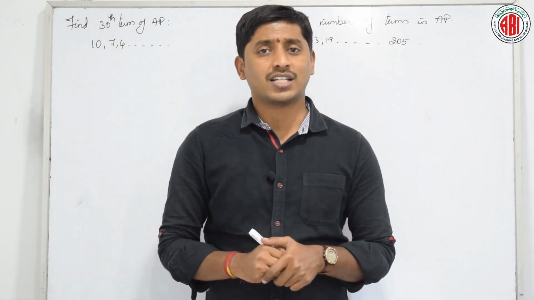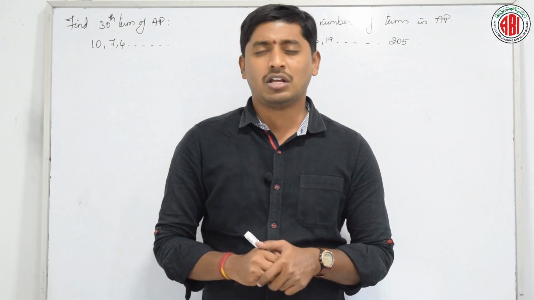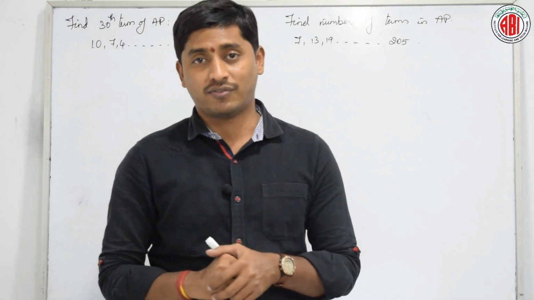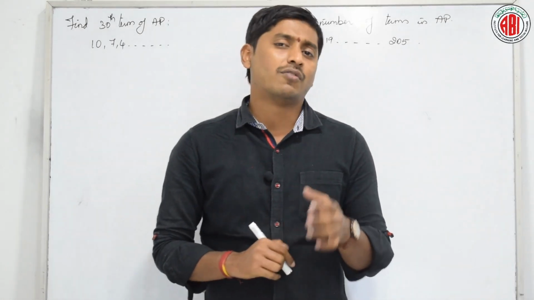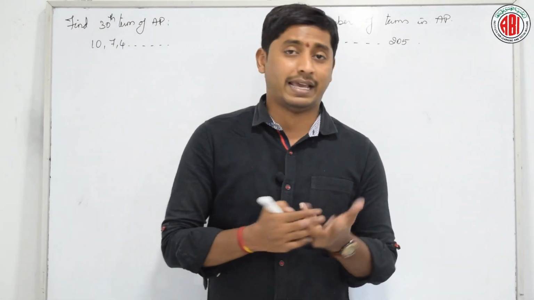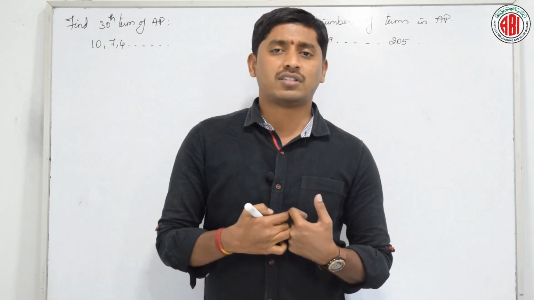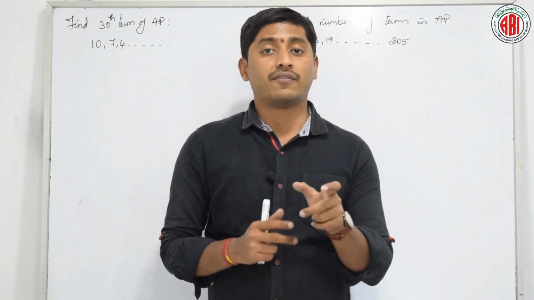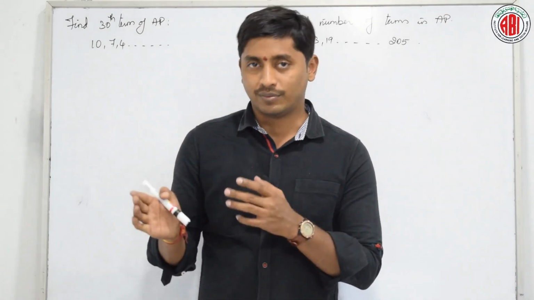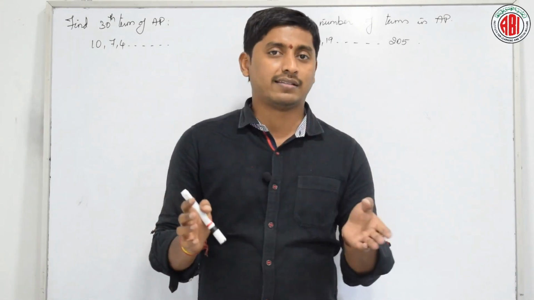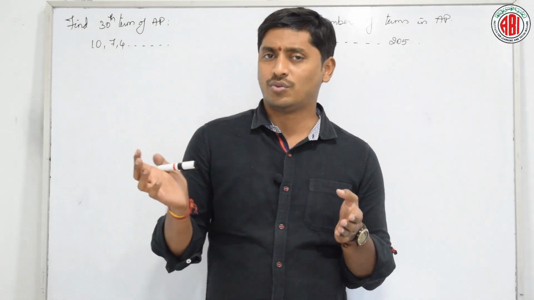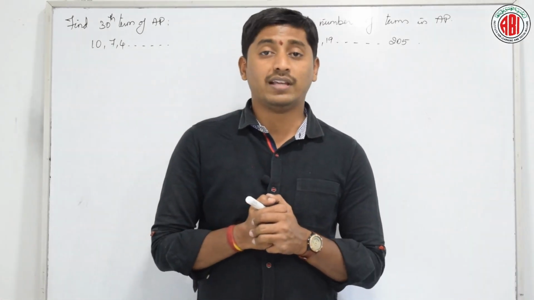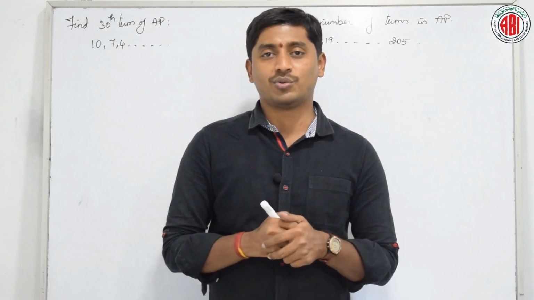We started our discussion with progressions in our previous session. What did we learn in that? We have seen the basic structure of an AP. What was that? First term, nth term. What was the first term? A. What was the common difference? D, which is the difference between the consecutive terms. That is nothing but a2 minus a1 or a3 minus a2 and so on. And on the same lines, the nth term will always be given by a plus n minus 1 into d.